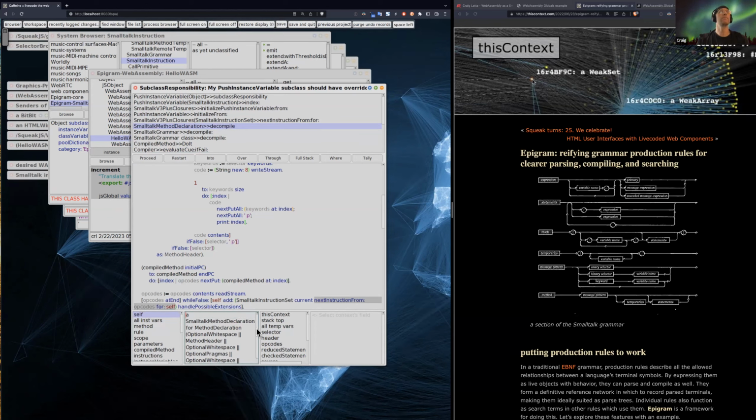And in Epigram, production rules can also print themselves out nicely. So when you look at the print string for an Epigram production rule,